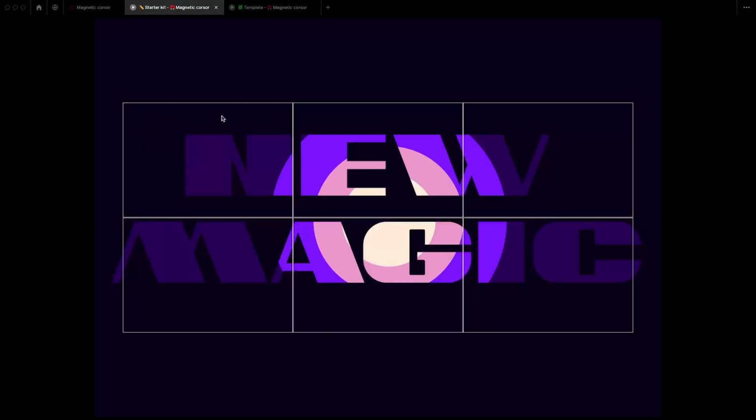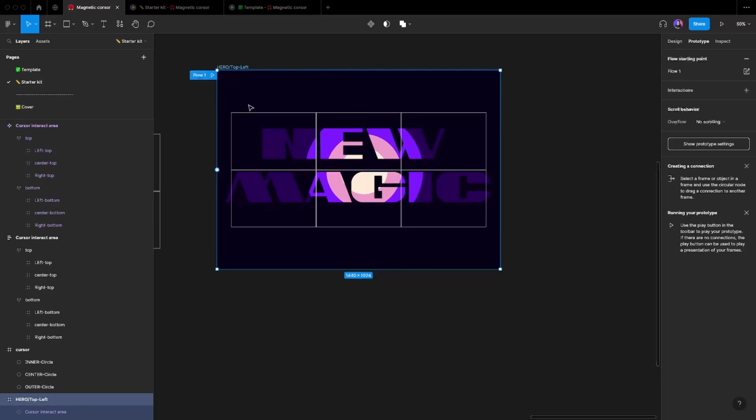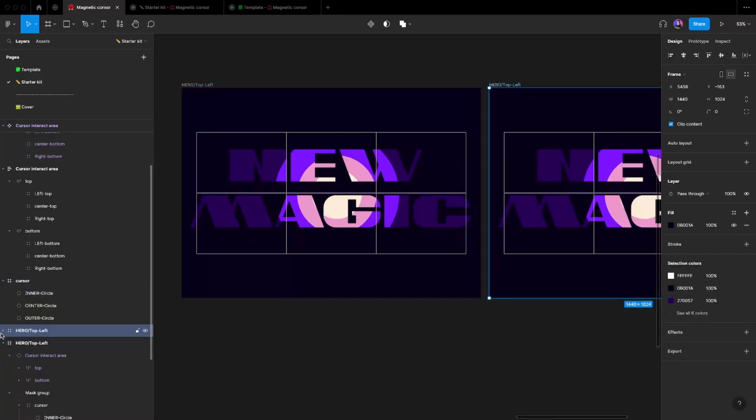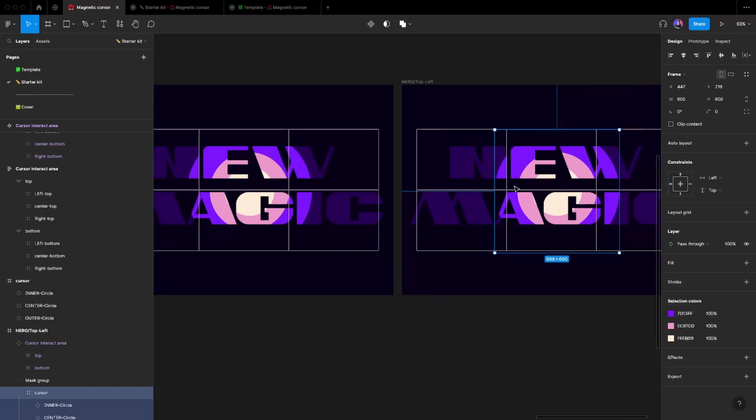This is the top left, top center, top right, bottom center, bottom left. These are the areas that let the circle know where the cursor position is. If I place the cursor in the top left frame, the entire three circles move towards that frame. That's the trick. So just enter into the design mode, duplicate this frame, make sure the cursor is selected, and